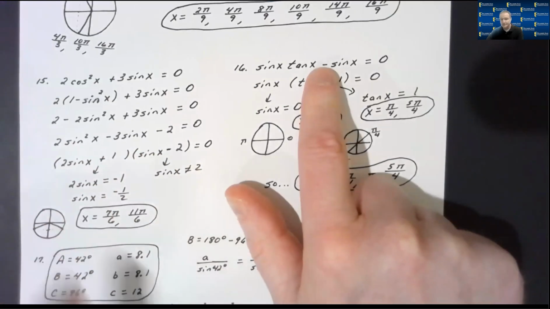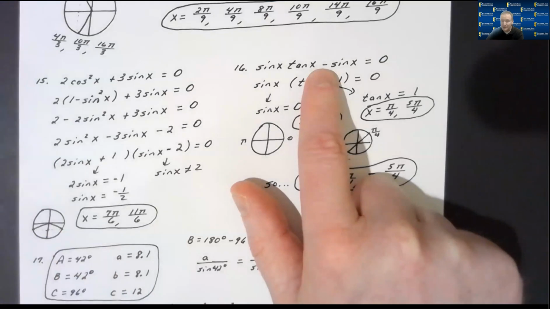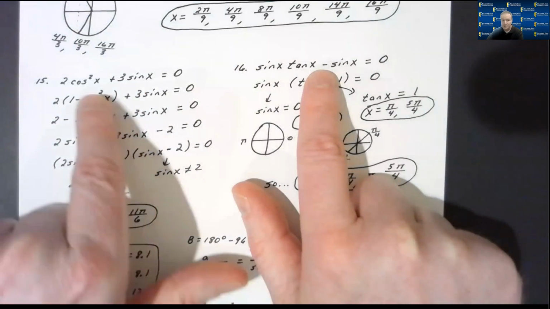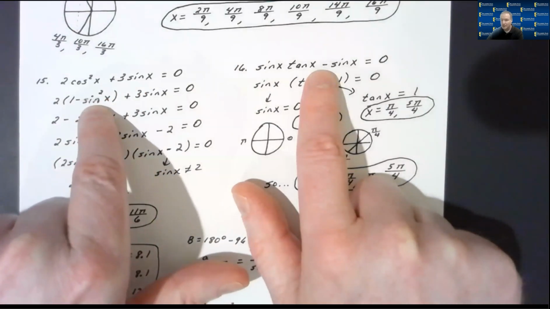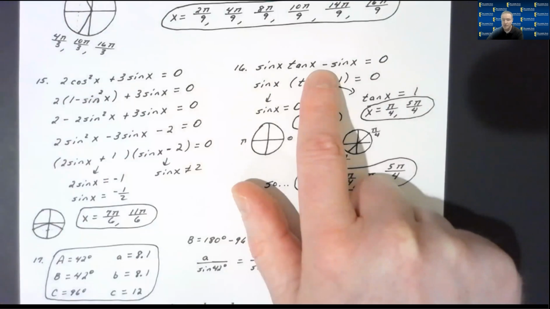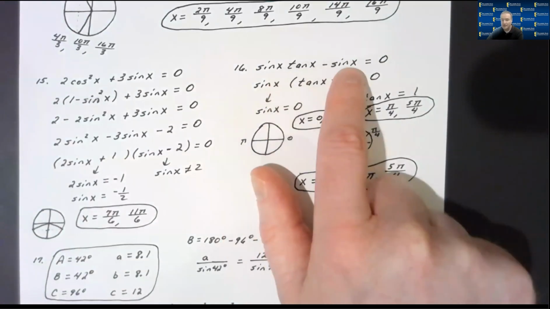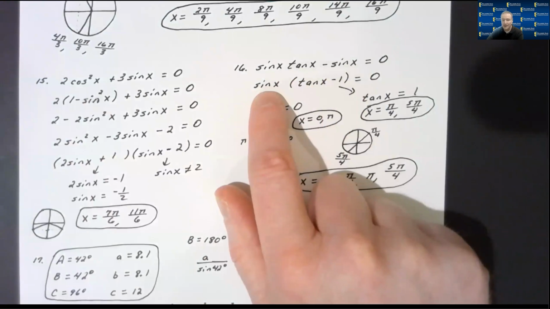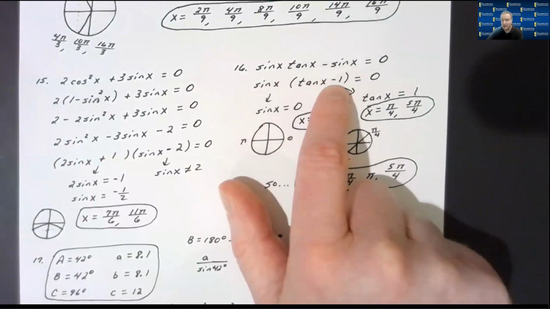In the next one, I want you to see again, this is a factoring problem. Instead of trinomial factorization after using an identity in 15, in this one, it's set up to where you just use the greatest common factor in the very beginning. I see the first term and second term have a factor of sine x. I factor that out. When I do, I'll have sine x times the group tangent x minus 1 is equal